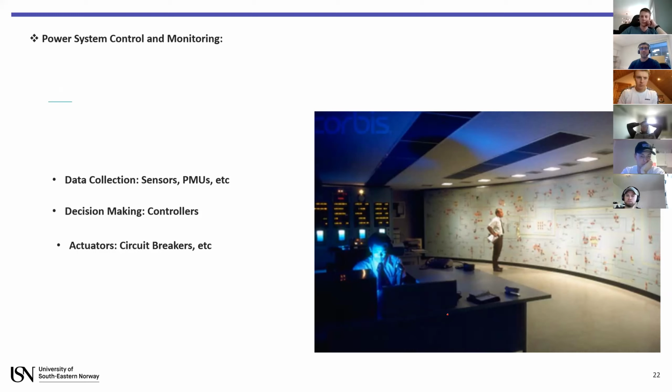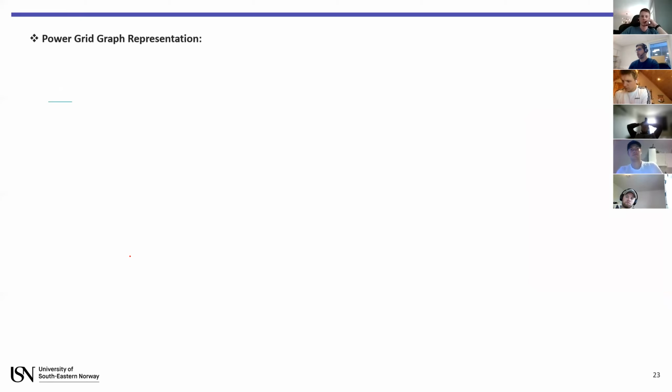No, okay. Should be tripped or not, and different controls. For example, we have relays for the protection, we have circuit breakers. All of them should be decided in the control room and the measurement. The first step is measurement, and then control, and then action with the actuator. We have a circuit breaker to open the circuit in the power system. And power grid